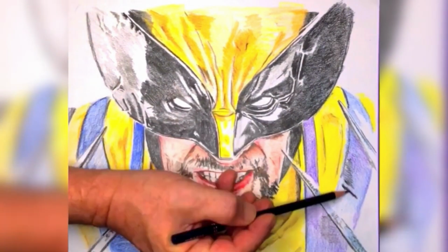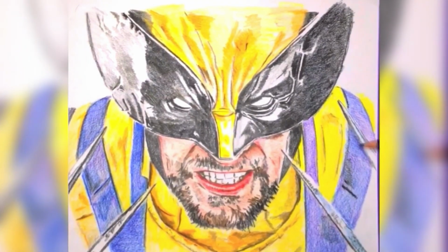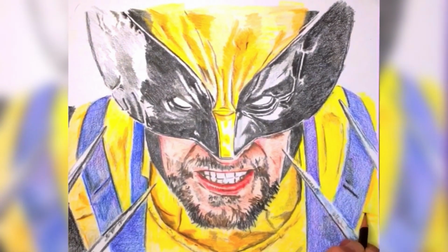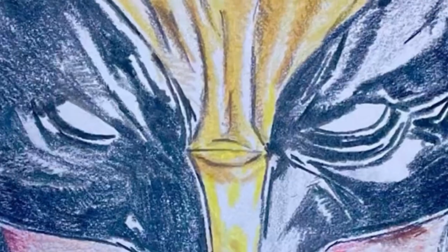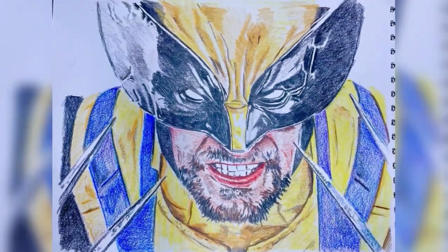Step 7. Final touches. Shade and darken the shadows to add contrast and refine the details. That's it. Wolverine is complete. By working in layers and adding details step by step, we've created a dynamic and vibrant portrait of everyone's favorite